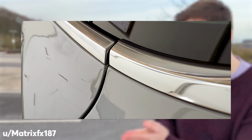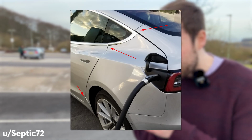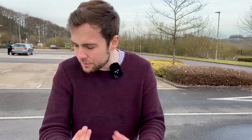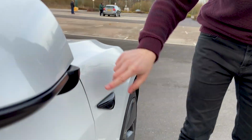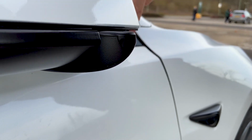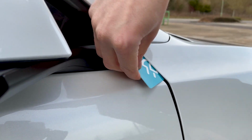Continuing on the theme of the bodywork of the car, panel gaps, which is a very, very common question with Teslas. And I have to be honest, compared to some pictures that I've seen of Tesla Model 3s, I think mine is pretty good, but there are still a few places where the gaps are bigger than normal, but it's your own judgment. So on the driver's side door, as you can see here, this gap is kind of nice and smooth, but when it gets up to here, you can fit like a whole...